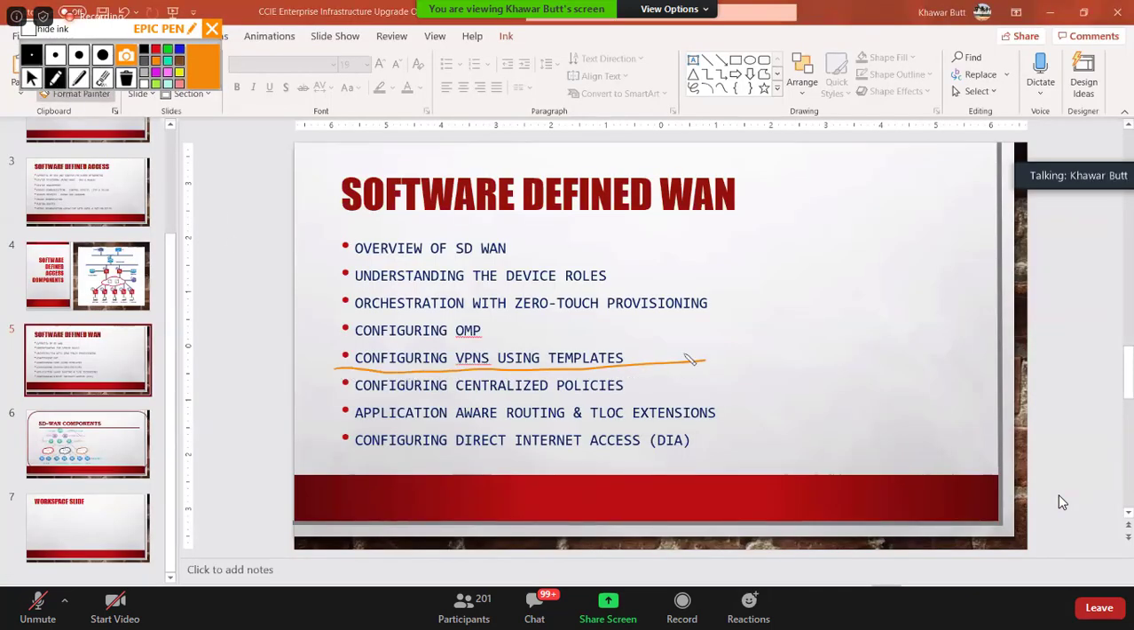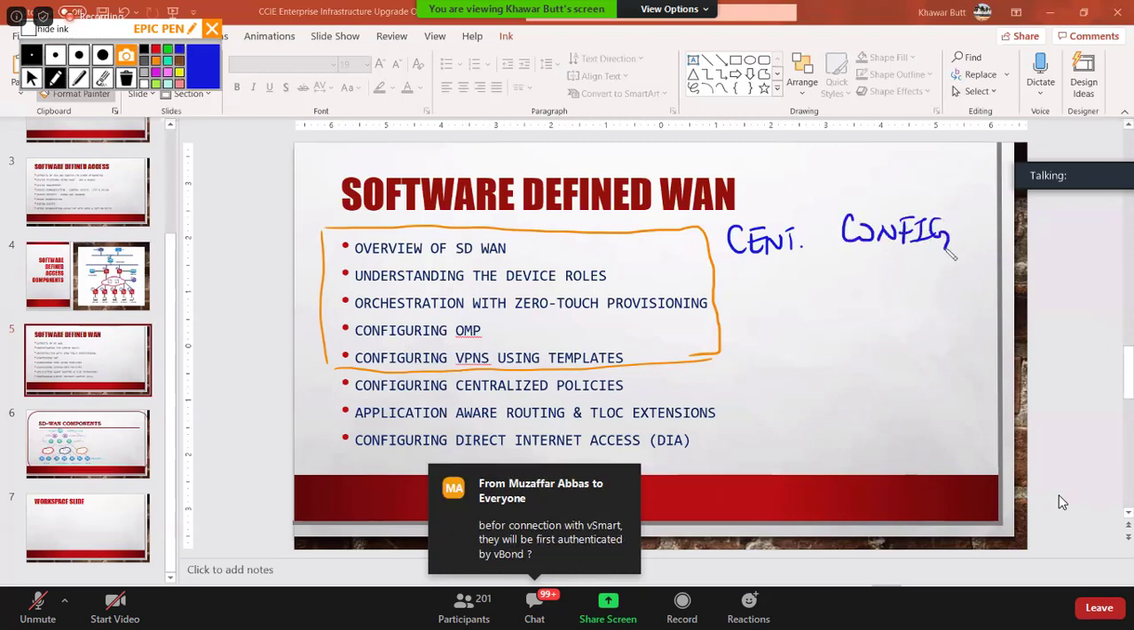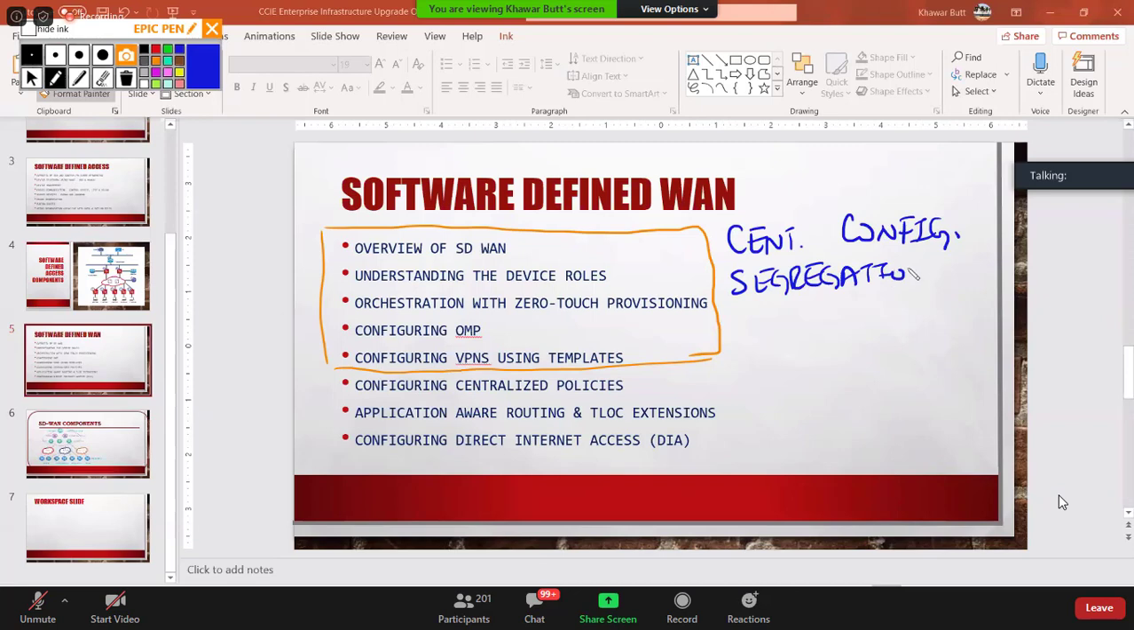template part as well. So far, I've given you 2 or 3 advantages over here, the ones that I really like. Number 1, centralized configuration. Number 2 is segregation of control plane, which is done strictly on what? The vSmart. Number 3, configuration. Number 4, actually, yeah, no, this is number 3. Number 3 is